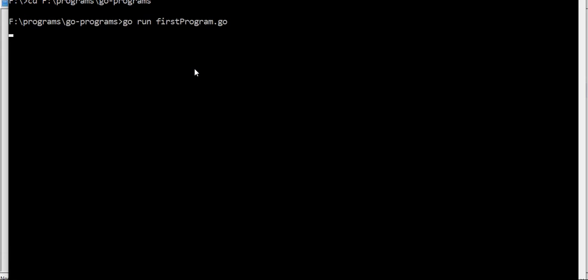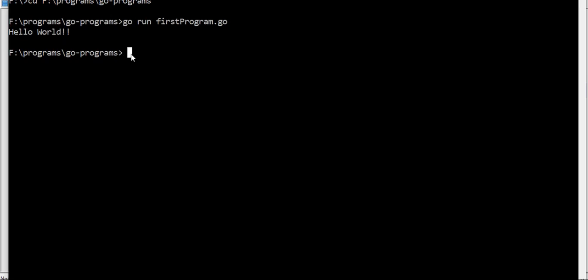So it's compiling. Okay, here you can see the output.